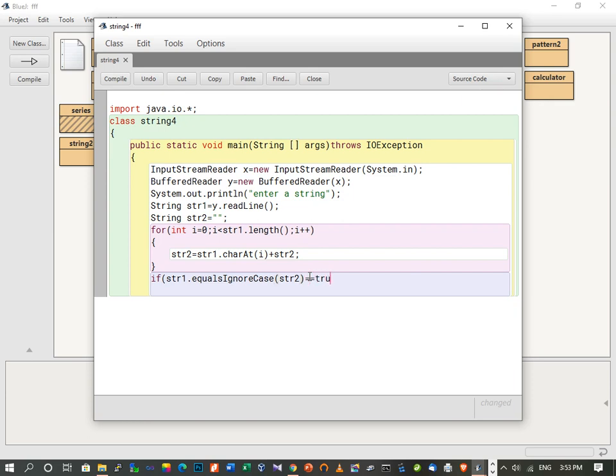So here we write if this is true. If this is true, then we have to print that the string is palindrome.